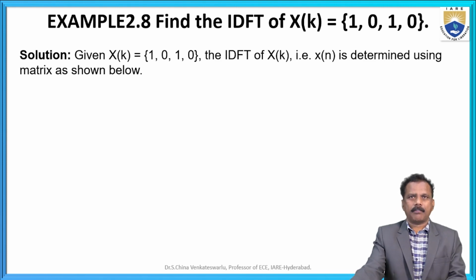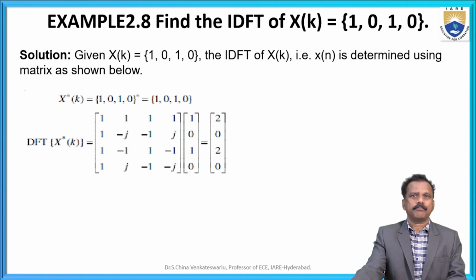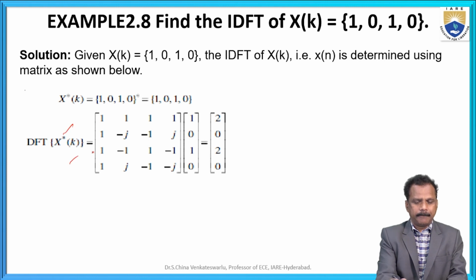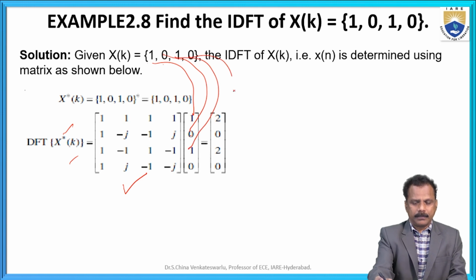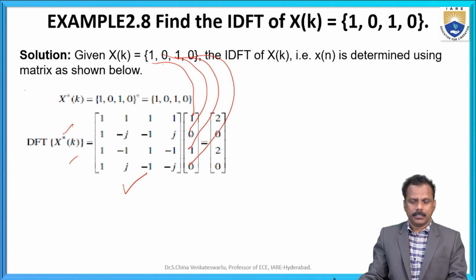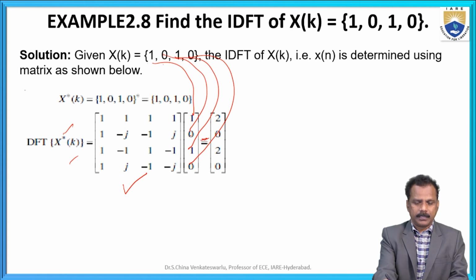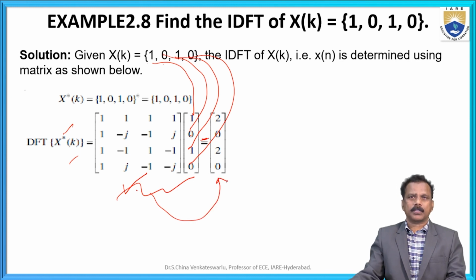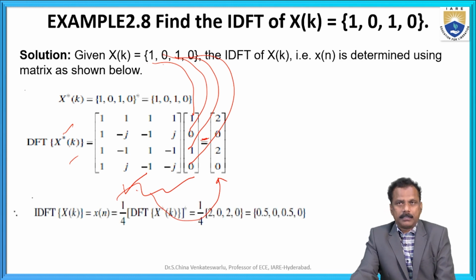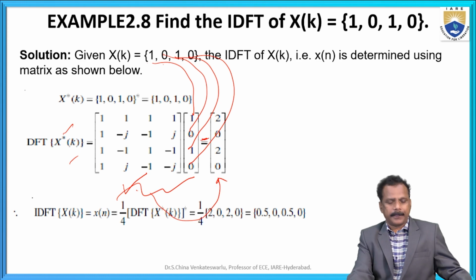We know and use the same one, but here it is changed: the DFT of x convolved with the twiddle factor matrix. This is as usual, and this value is here, and this value is here: x(0), x(1), x(2), x(3). After multiplying this, we expect 2, 0, 2, 0. So now the inverse discrete Fourier transform of X(k)